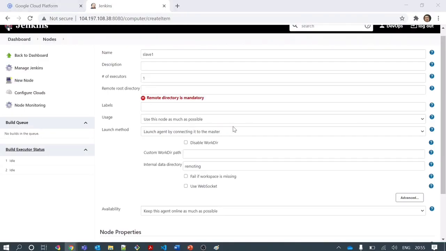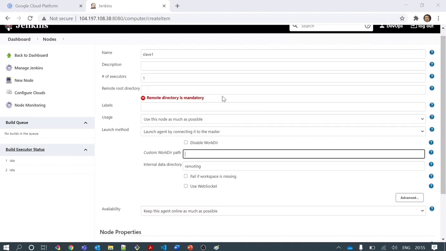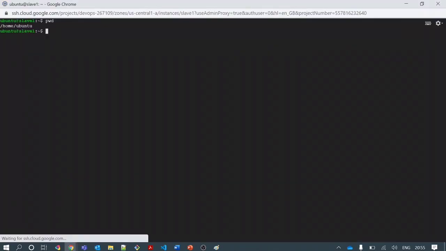So I can check for any path on my slave. Okay, so I can create one folder here to run all Jenkins jobs, and I can give it the name Jenkins, and this needs to be done on both the machines. Let me create it with mkdir Jenkins.